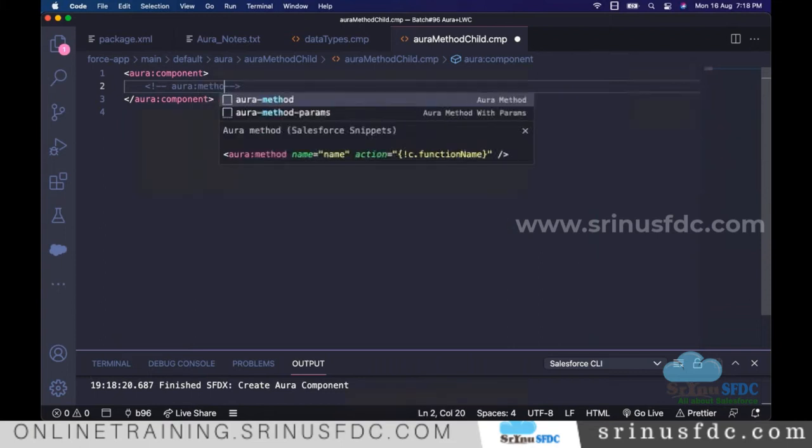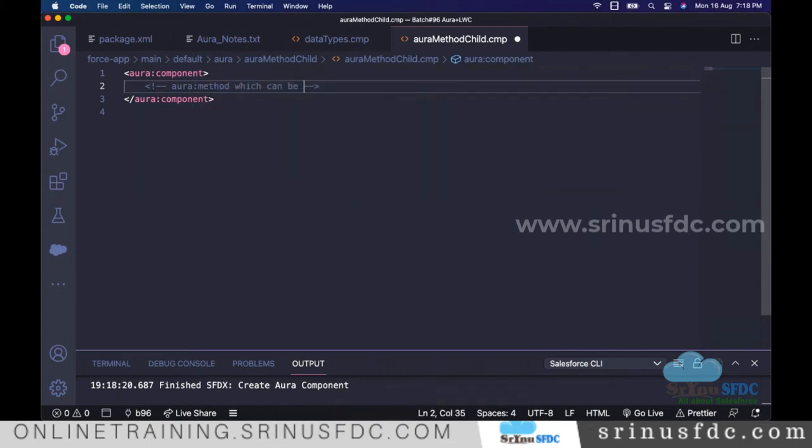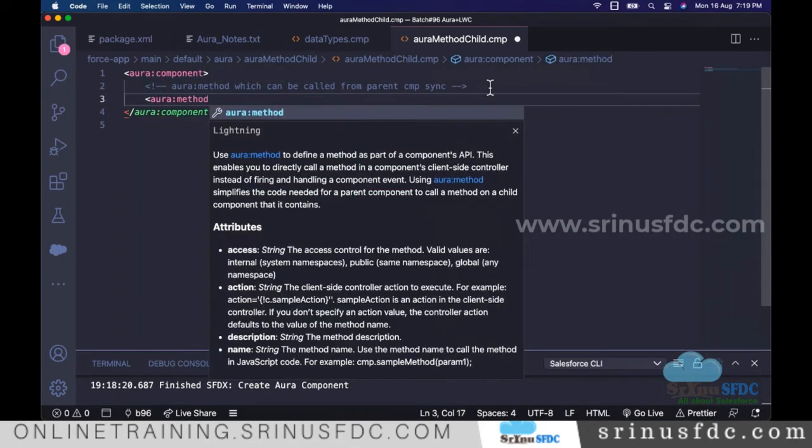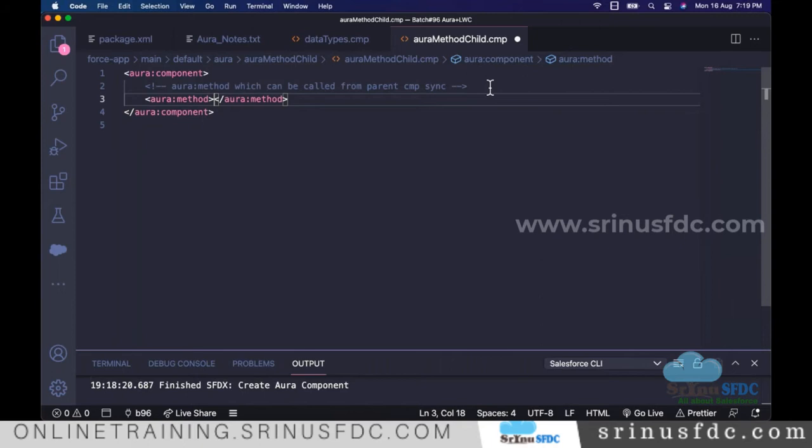So now the process of defining the Aura method, which can be called from the parent component synchronously. Here I'm going to keep the logic for that. Actually the Aura method is one of the standard components from Salesforce. So to recognize this method, we have to give some name. Let's say I'm giving it as childMethod. So that's the name, so while calling,